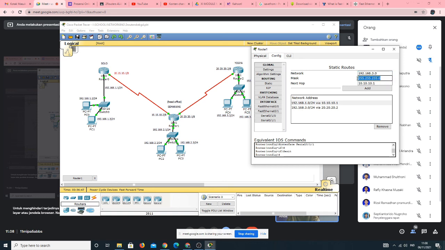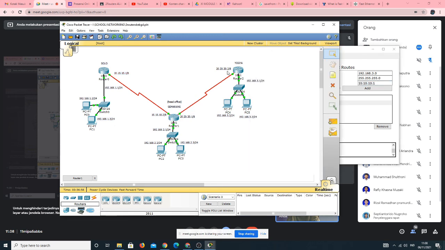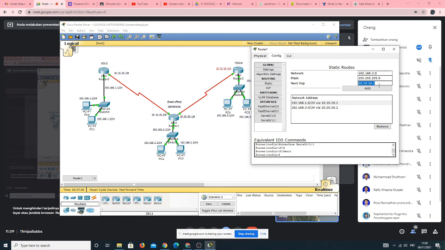The subnet mask still same, and then the next hop is serial of router Jogja directly 20.20.20.2 and then add. Now that's the configuration of the main point of the router.